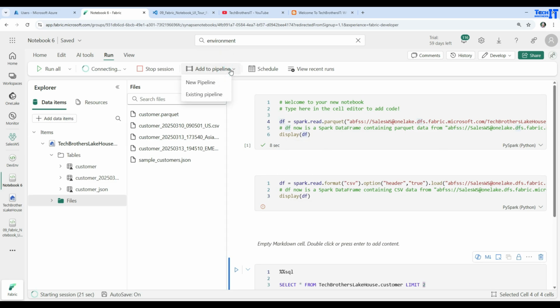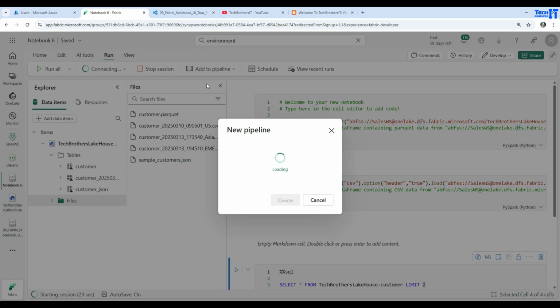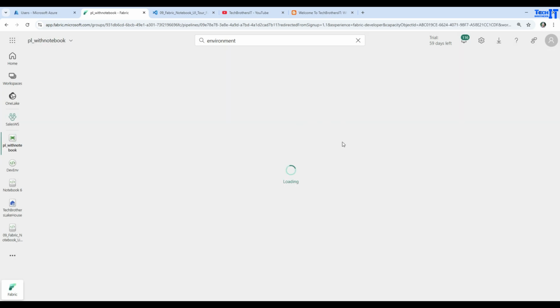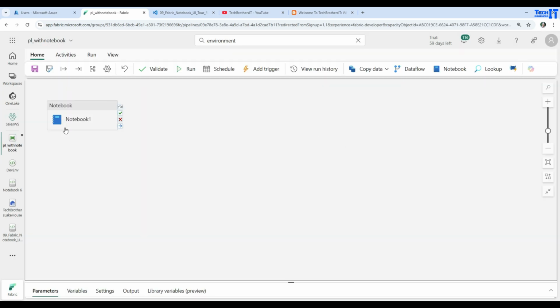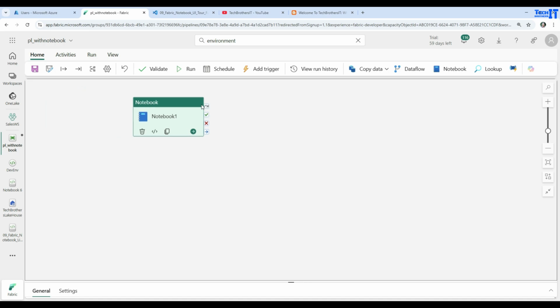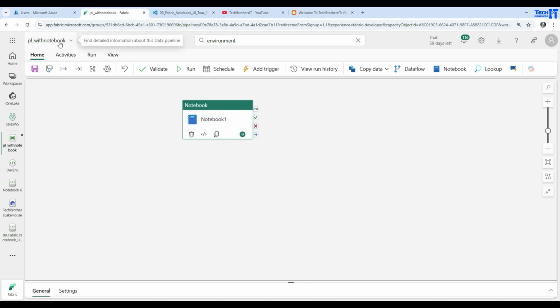So pipeline is like an Azure Data Factory pipeline. If I do that, it's going to be adding a pipeline, PL, with the notebook. Okay, so if I create that, it's going to go ahead and create a pipeline for me, and then add this notebook as an activity there. And see right there, if I go right here, this is my pipeline, it's called PL notebook, and then you have this notebook